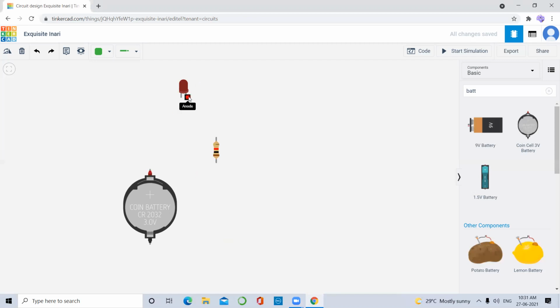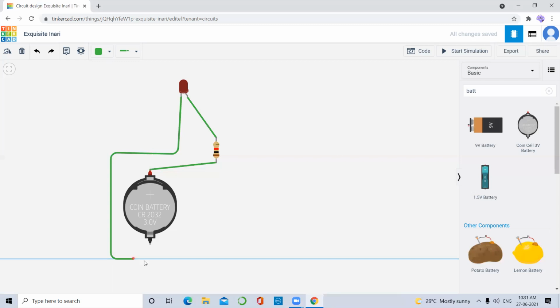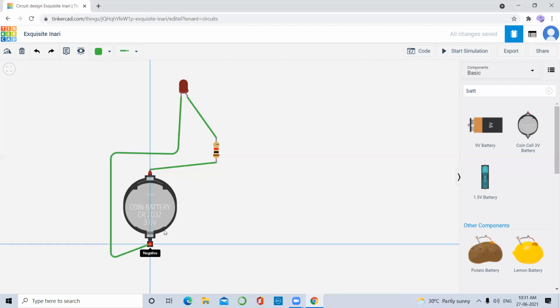Here, as I said, anode. So we will just connect this, this, and this. Done. And this part, this. Okay, why are we using a resistor? Many of you should have this doubt, right? I'm sure. Mostly you will see here it also worked without a resistor, because it will work in this programming. But in real life, in reality, if you do that, it won't work. A resistor is important in every single thing.